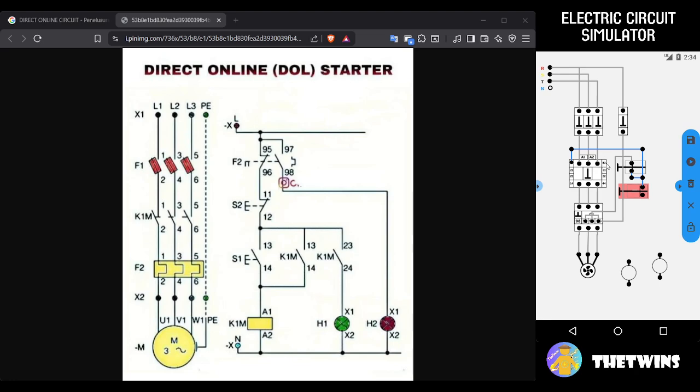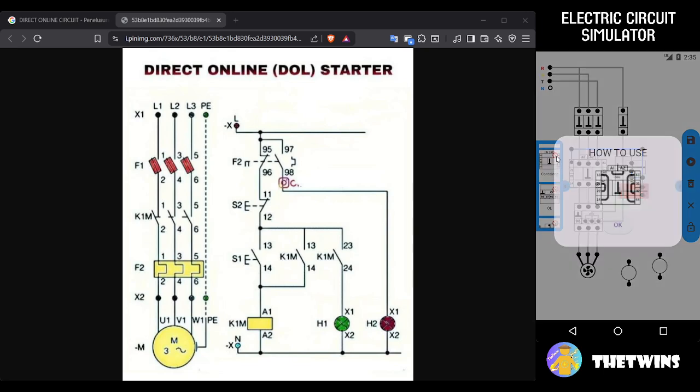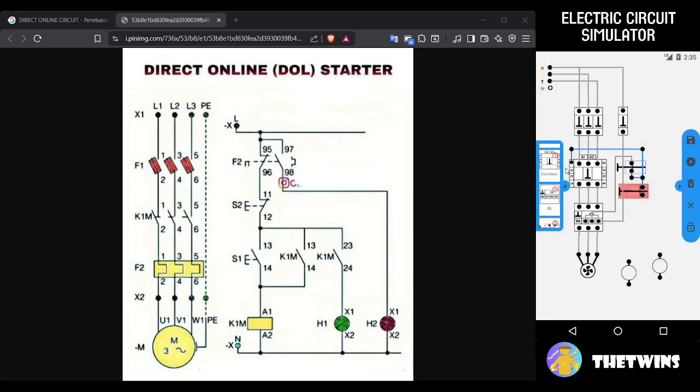So we can change to 43. It's the same because it's the same NO contact. You can see on there, it's the same NO contact. From this we jumper to this.